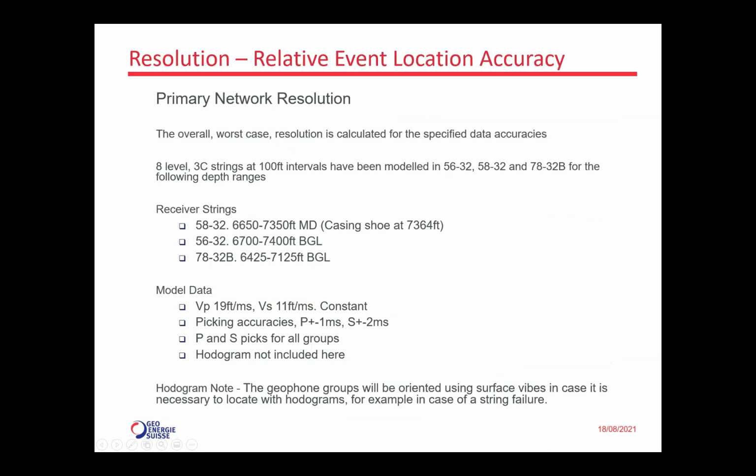So now just get on to talking about the resolution modeling. I'm going to talk first about the primary network modeling. That's the network of our three 8-level tools. For the modeling, we're going to look at the overall sort of worst case resolution. This is the resolution in any direction. You can also look at the horizontal or the vertical resolution separately, but what I'm going to show you is the